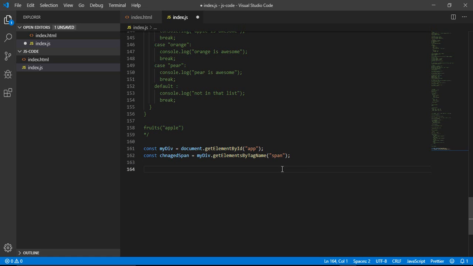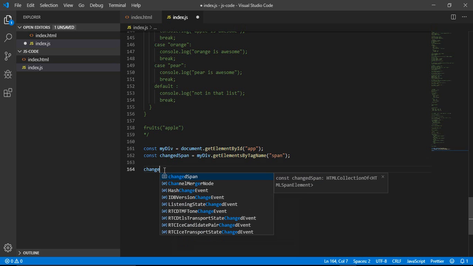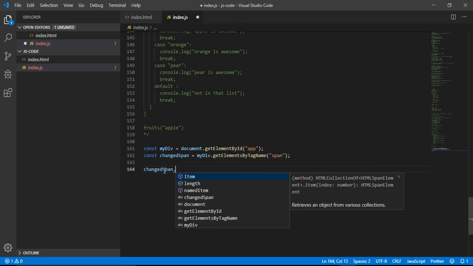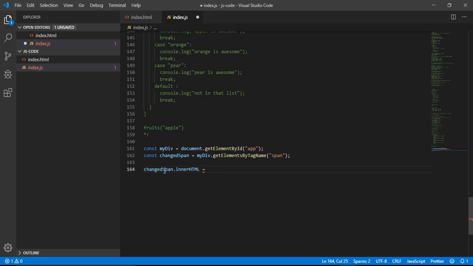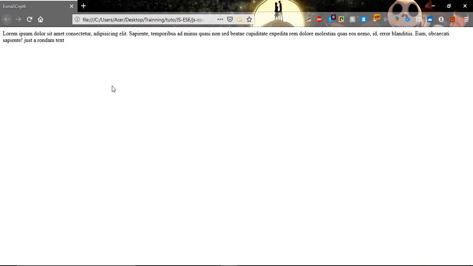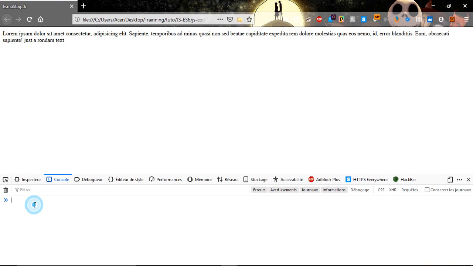And now let's use this changedSpan. changedSpan dot, and if we want to change the HTML, we use innerHTML. So innerHTML equal to, for example, changed. Let's save this. Let's go and refresh. Yeah,